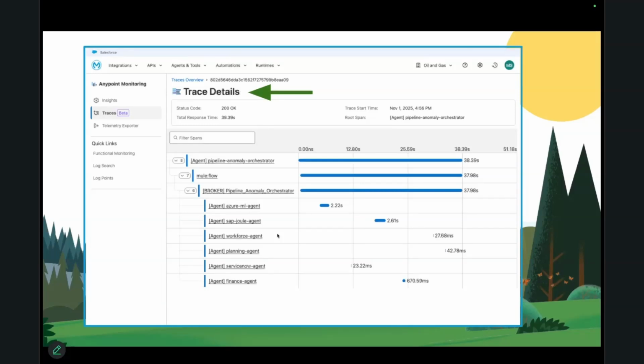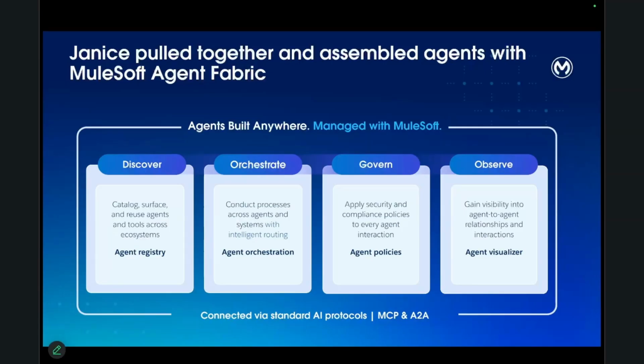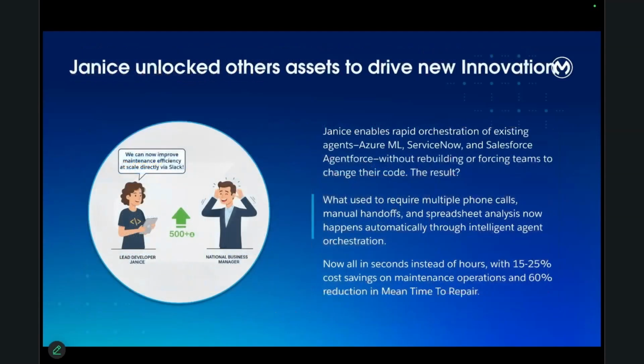So the call to optimize my work order priorities was initiated through a broker that just invoked the Azure agent, the SAP agent, the workforce agent to figure out who's the workforce, the planning agent, the work order agent. Again, it could be any work order management system. Maximo's another I see quite a bit. And they all orchestrated together in seconds and got a response back in seconds. So these are the kinds of things I want to show you more around what can be done with Agent Fabric for the industry. This first series is really just the tip of the iceberg and a glimpse. Janice with this has been able to unlock others' assets and build this new innovation quite easily.